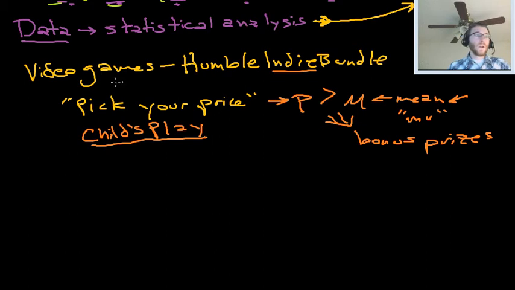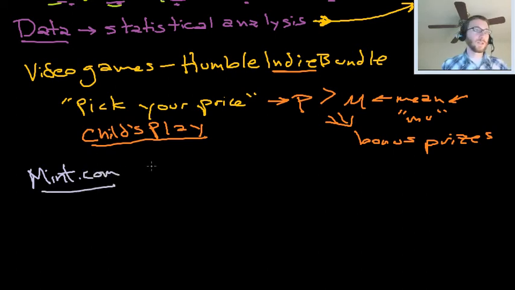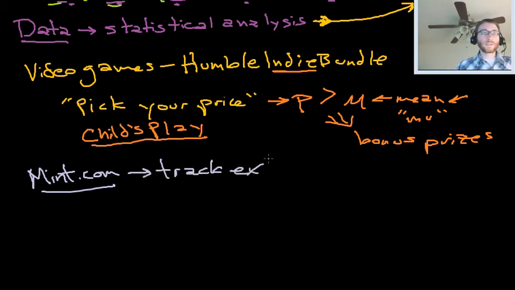But other stuff, I use Mint.com, another endorsement. Personal finance is kind of important. You should, at some point, start paying attention. Mint.com makes it really easy to track your expenditures. And one thing it does is, let's say you have car insurance, and your car insurance is really expensive, and it's not a good idea.